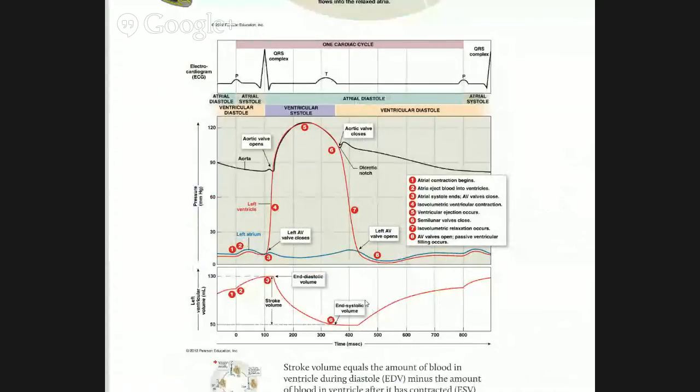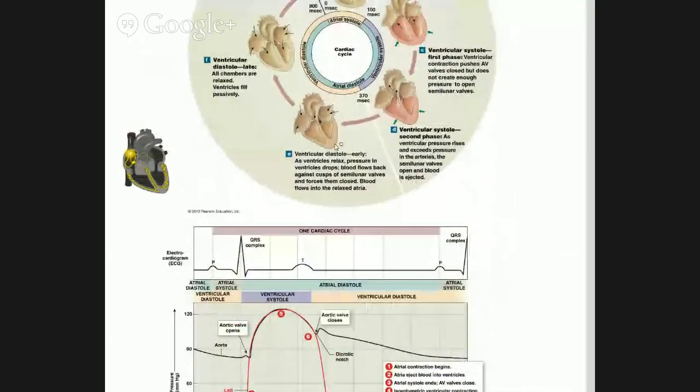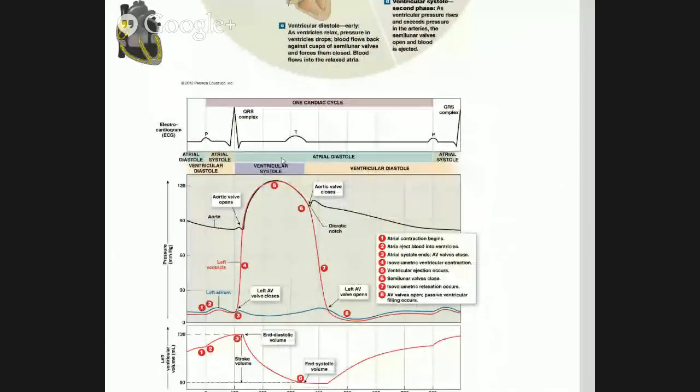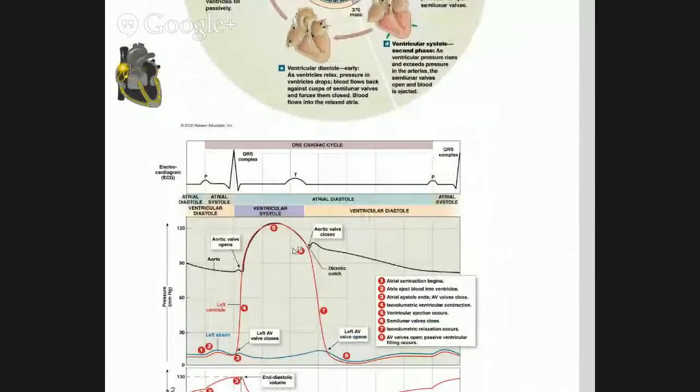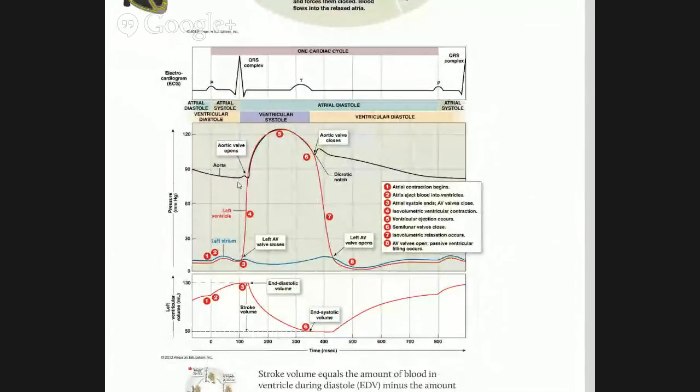Now, this rather complex figure is basically breaking down what's happening during that cardiac cycle. These two stripes here, labeled atrial systole, atrial diastole, ventricular diastole, ventricular systole, are essentially what's in the center of the circle, just laid out straight. And we see how the EKG events correspond to those different things. Then down below, we see how blood pressure changes and blood volume changes as we go through the cardiac